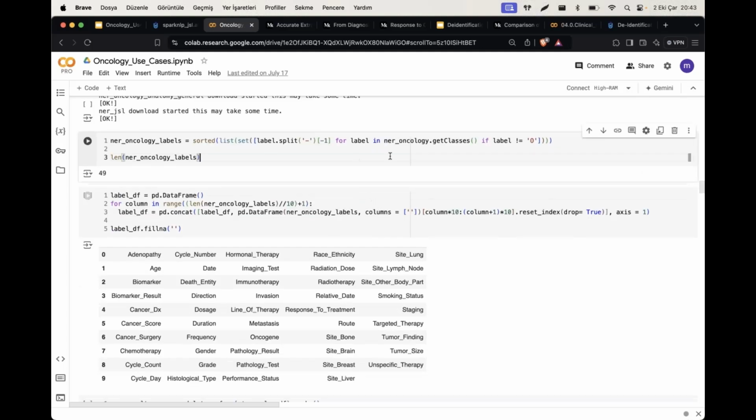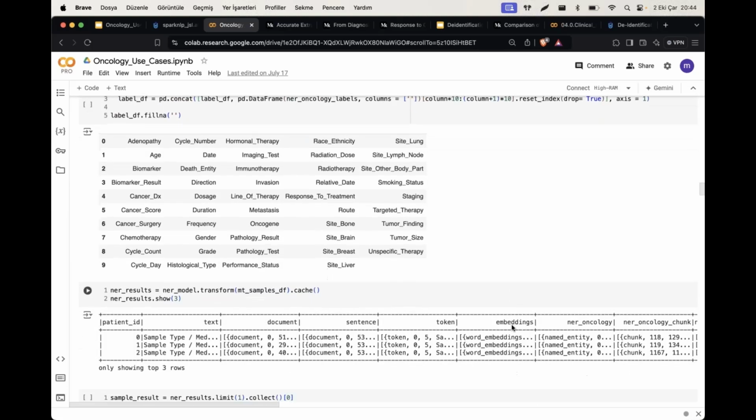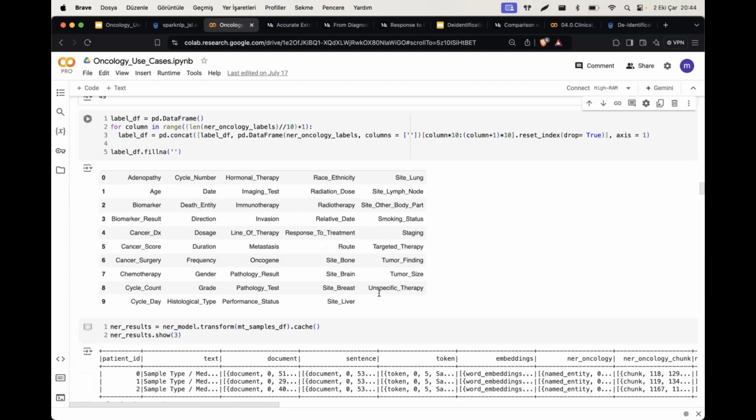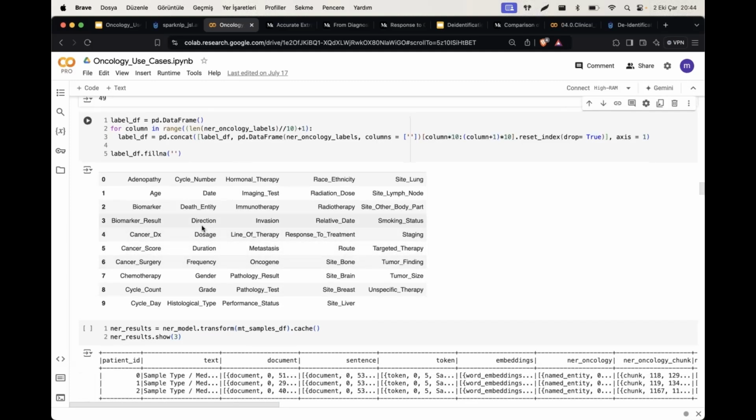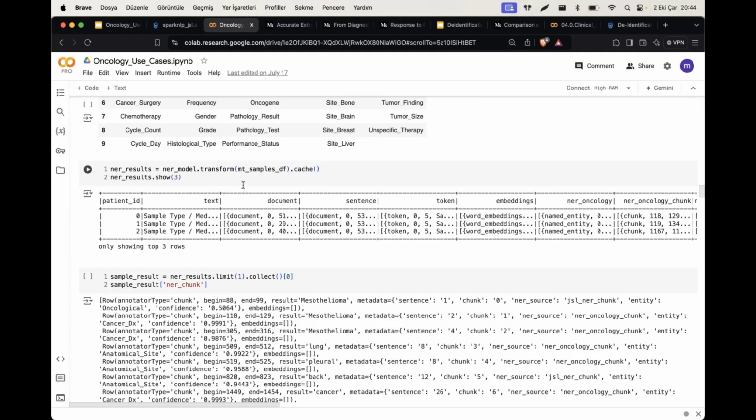so that after making some processes here, we can have these labels. These are the labels that this model can extract, okay? So according to this output, you can whitelist or blacklist the terms that you are interested in, okay? After transforming the data,